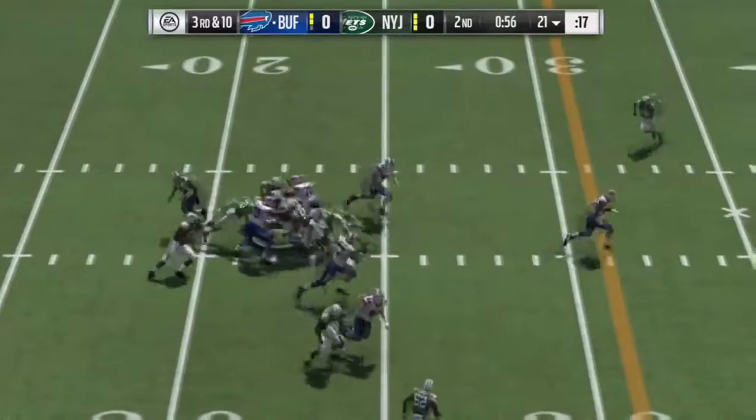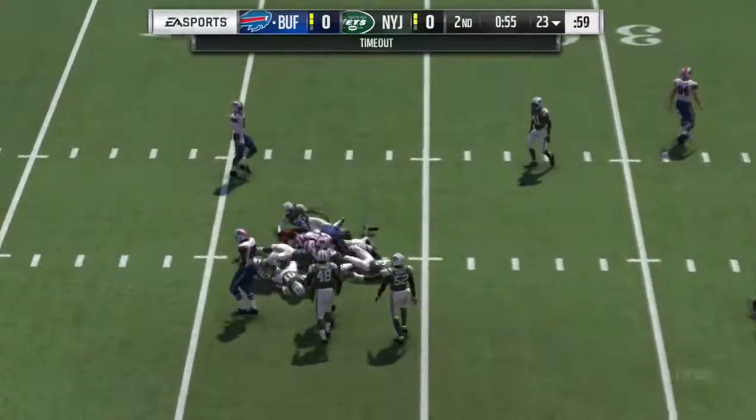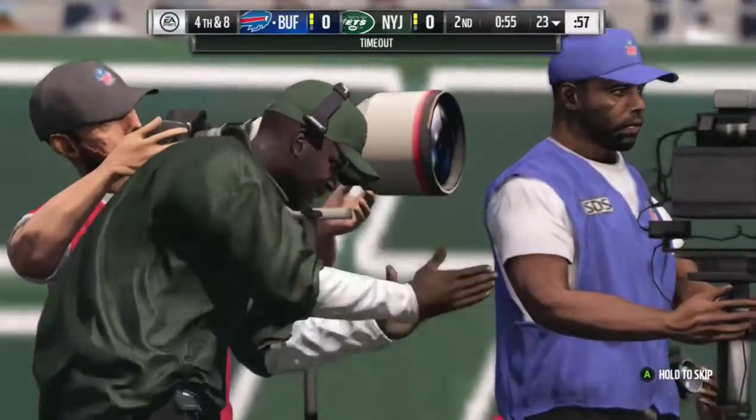Here's a carry now for Mike Gillislee. And not too much. Now here's a timeout defensively. Defensive timeout called by the...